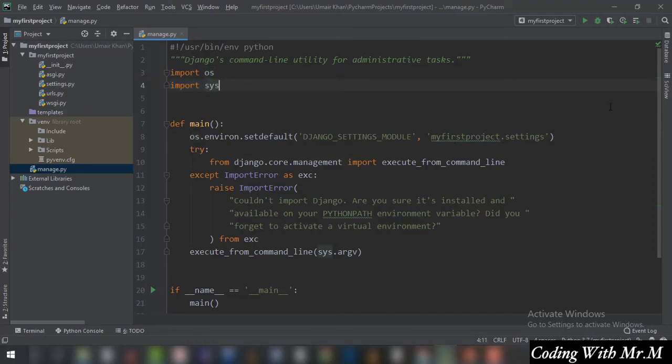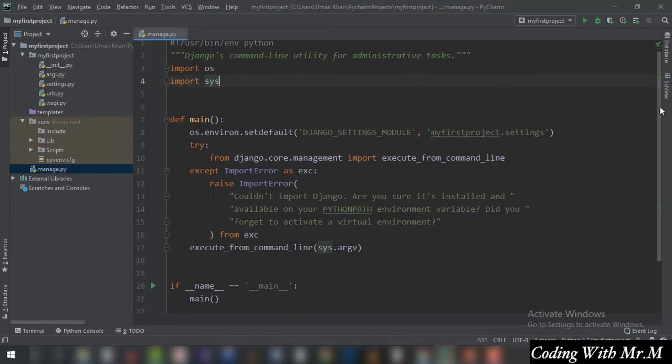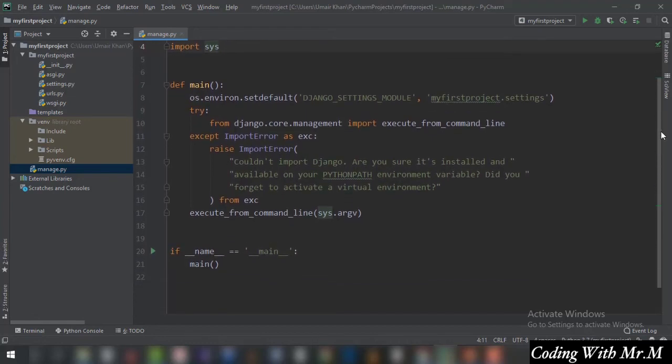Then if you move down, you have this main function. And if you have done coding in any kind of programming, you know what the purpose of the main function is. The main function basically regulates the flow of the code in your program. So this is the main function of this manage.py, and the first thing you can see right over here is this